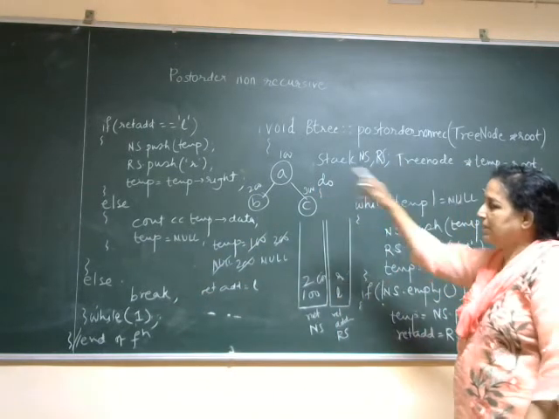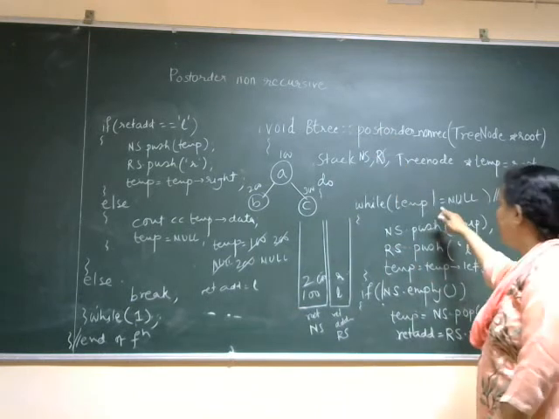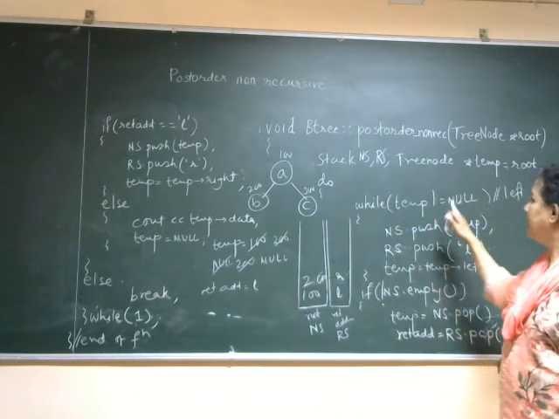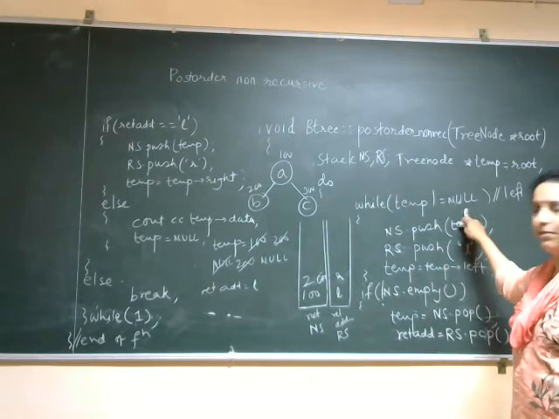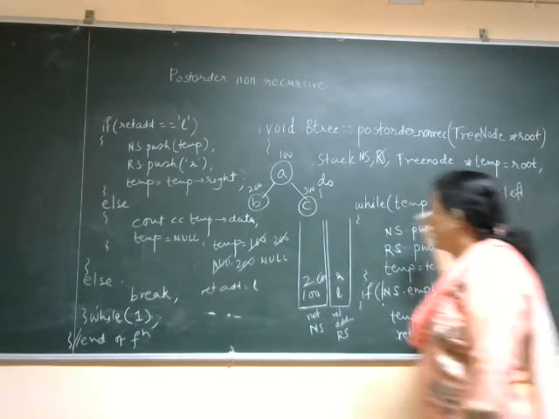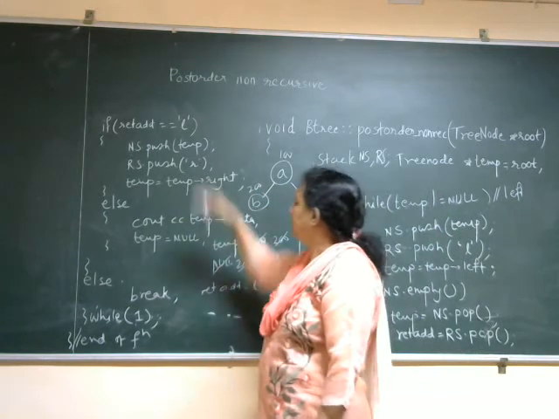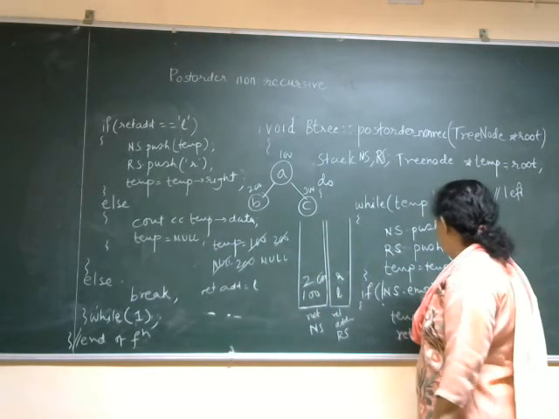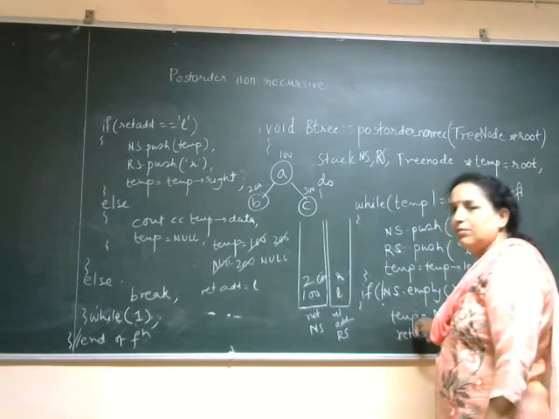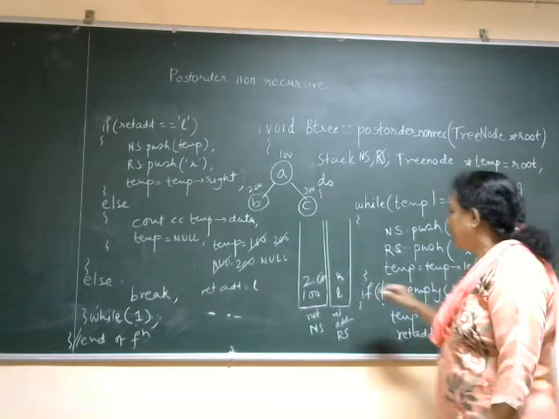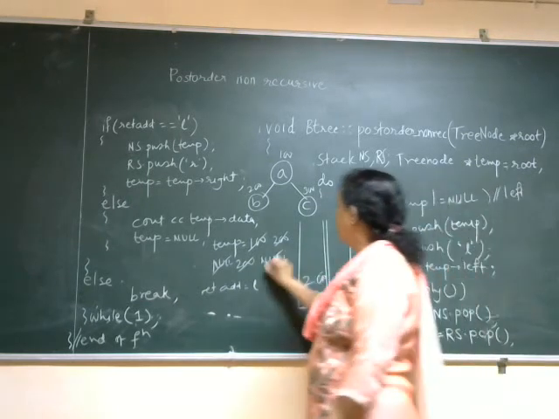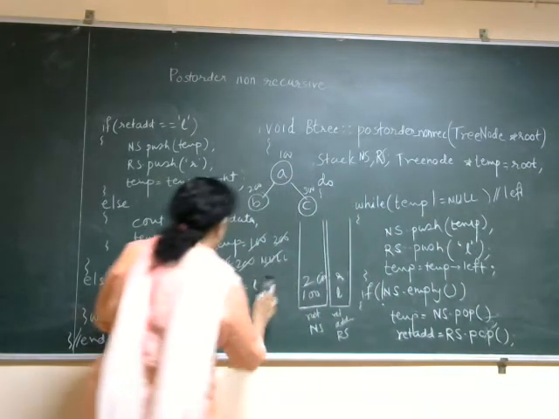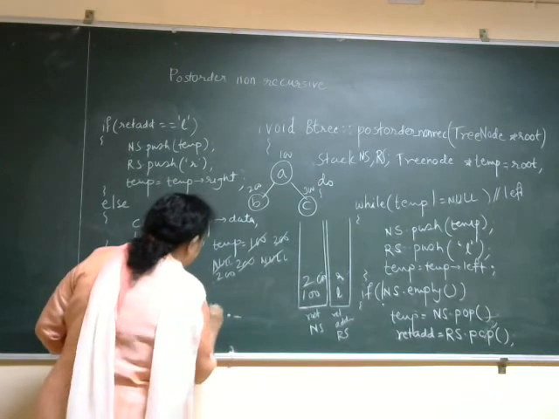Okay. Because it is an infinite loop over here. Do loop. So while temp not equals to none. Now temp is none. So I'll come to this statement. If the stack is not empty, then pop one value. So which value will be popped? 200 will be popped. Okay. And what is the return address?